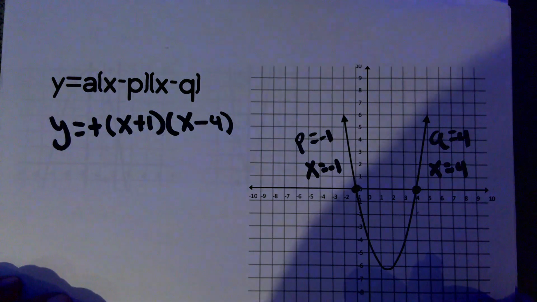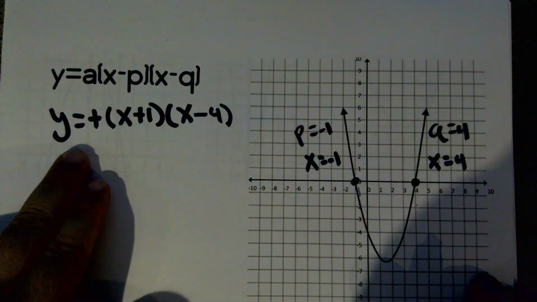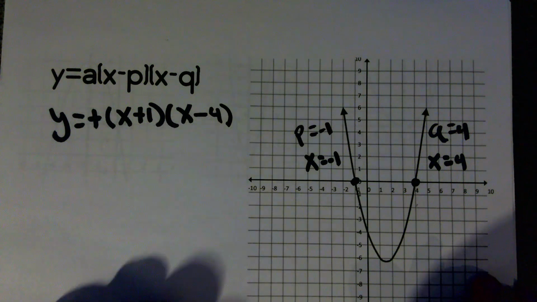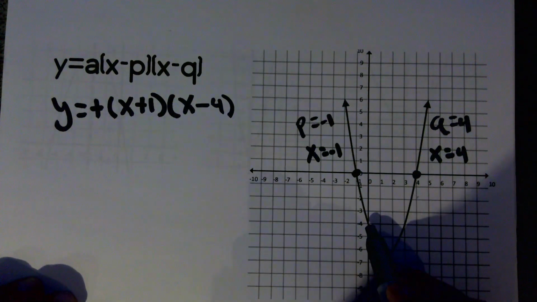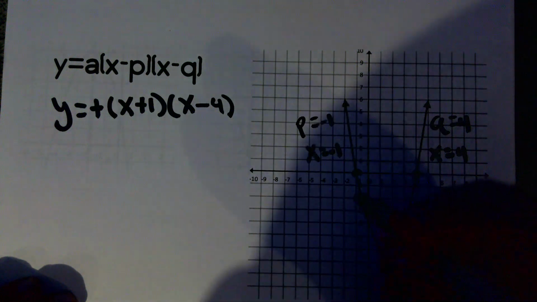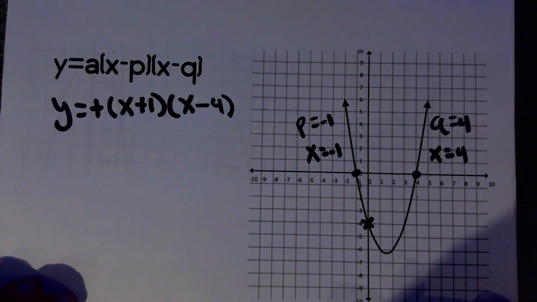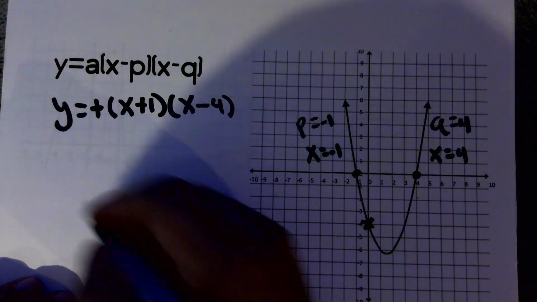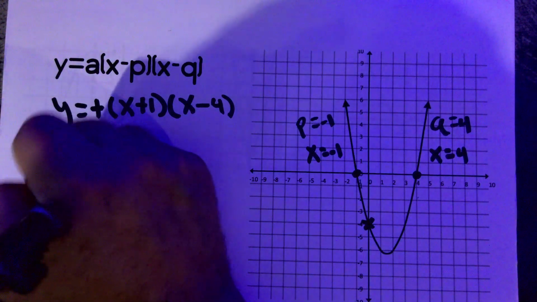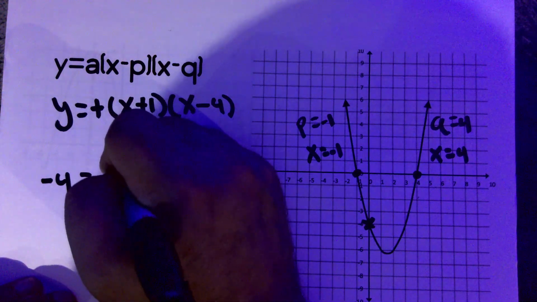So we know that our factored form has to have this information in it. It has to have a positive a value, and the two factors need to be x plus 1 and x minus 4. Now let's just assume that -4 is one of the points. So I'm just going to put a little x right here if we're going to go one step deeper. That means that the y value is -4 when x is 0. So let's do that one extra step. If y is -4 when x is 0,